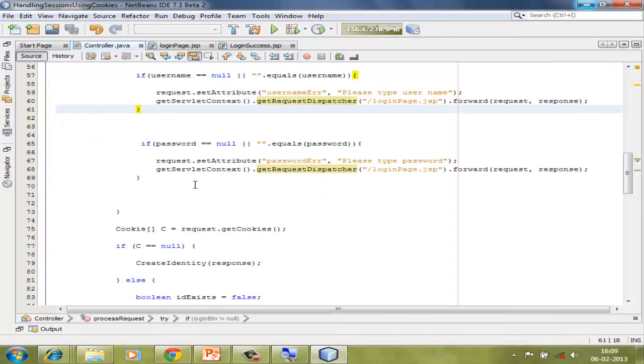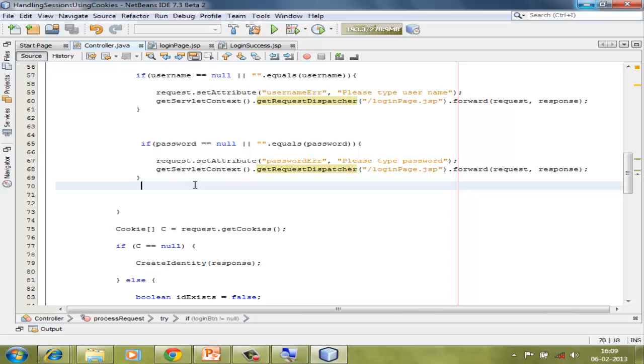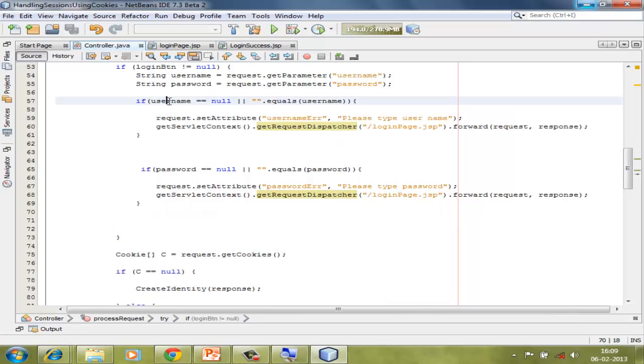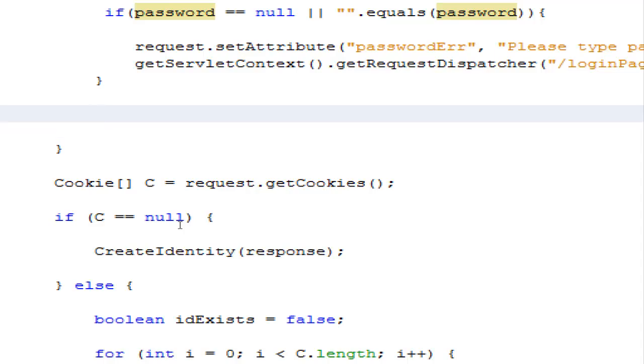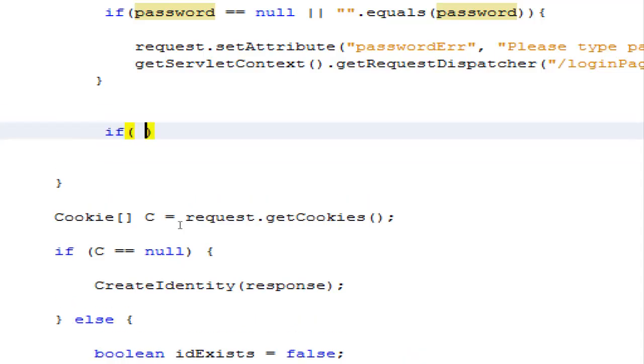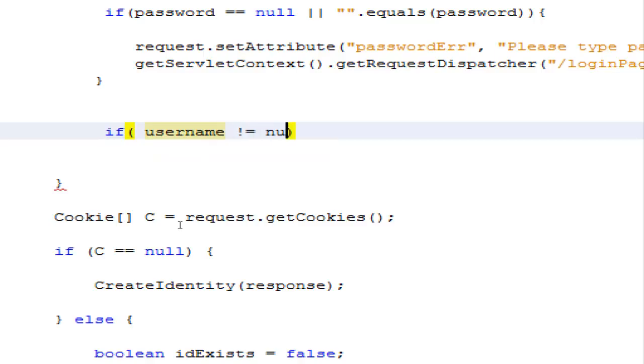So just by introducing that line, I'm having a problem. The other possible reason is this thing is getting a null value after some time. Username and password. Check if username not equal to null and password not equal to null,